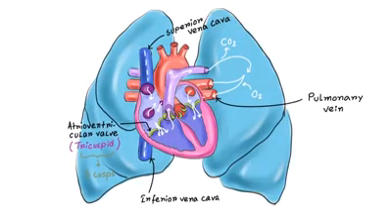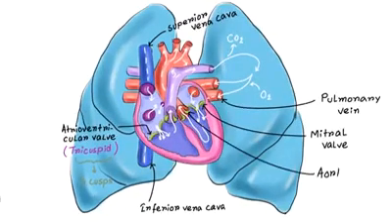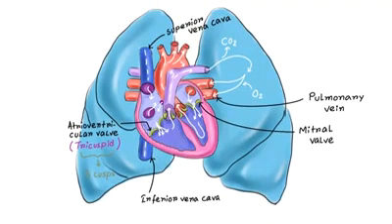Now this blood goes to the left ventricle through a valve. This valve is called the mitral valve. It permits the blood flow only in the forward direction and prevents unwanted backflow. So finally, blood goes to this great vessel called the aorta through another important valve. This valve is called the aortic valve. Through the aorta, oxygenated blood is supplied all over the body. So this is the simplified circulatory pathway.